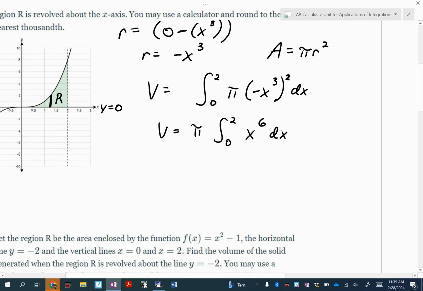So how am I going to do that? Exactly. I put x to the 7th power. I add 1, and Bernadette is right. I put the reciprocal in front of that. The reciprocal of 7 is 1/7. All right. This is my antiderivative evaluated at